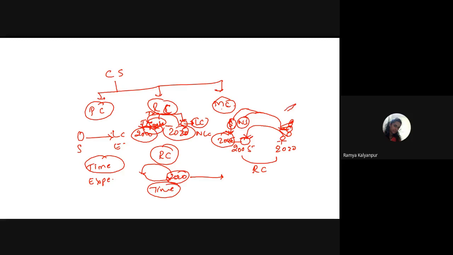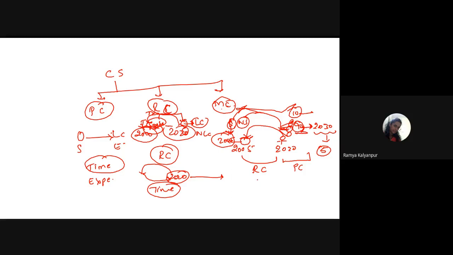Now I have found that in these 2005 follow-ups, maybe 10 people have developed lung cancer. Now I felt that this is not enough for me. So I will follow the rest of the 90 people who did not develop lung cancer for some more time, maybe another 10 years, that is 2030. Now again I am going forward, so a prospective design is seen. In 2030, maybe another five have developed lung cancer.